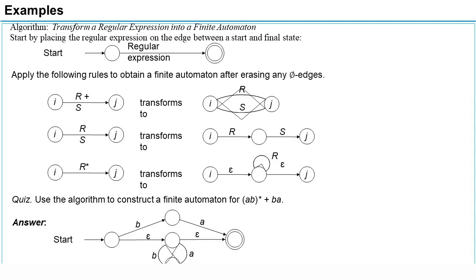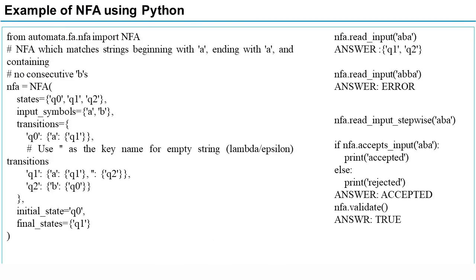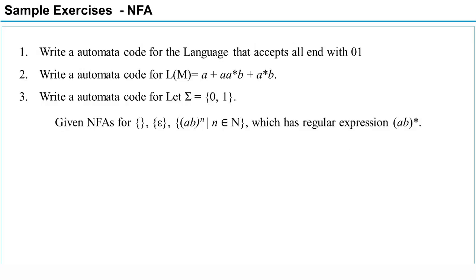So use this algorithm to construct a finite automaton for (ab) star plus ba. You have a diagrammatic representation for this. Then we have an NFA which matches strings beginning with a, ending with a, and containing no consecutive b's. So you have the Python programming for this to represent. You have certain examples to go with. Symbolic